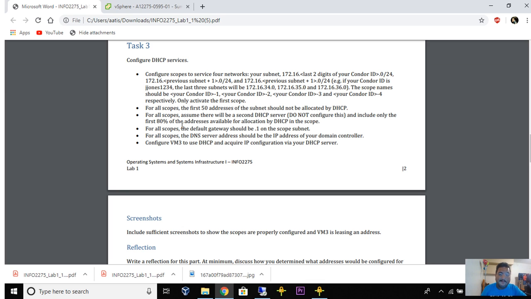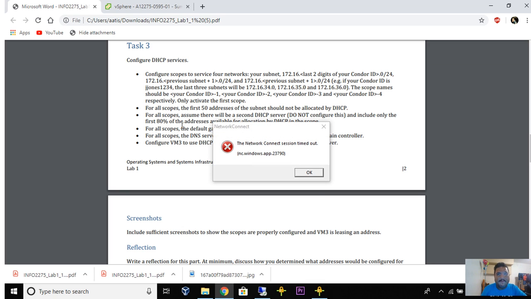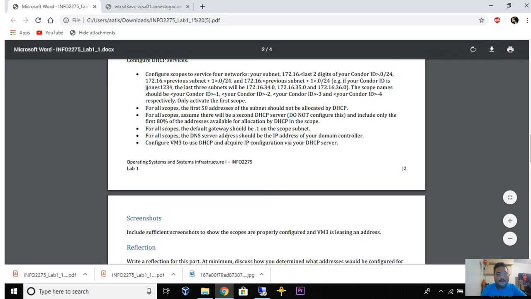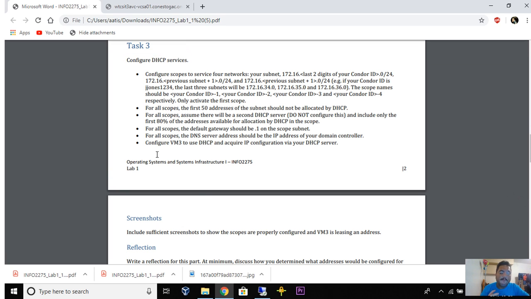So the 20 percent of 254 will be around 50. If we subtract 50 from 254, that will be 203. So the range from 204 to 254 should be excluded, which will be the next 20 percent that were left. So in the first scope we created this kind of list,